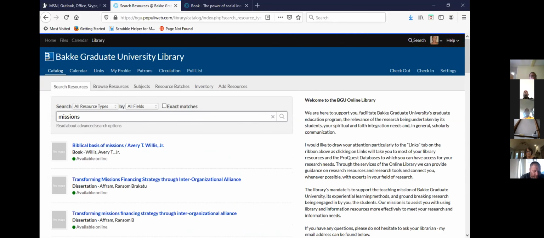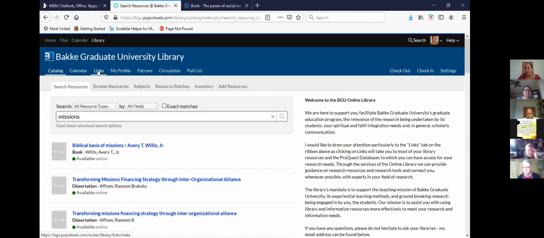Does anybody have any questions on searching this part of the library, or are we comfortable with that? It is clear. Great. So we will now go on to links, which is the other important section in the